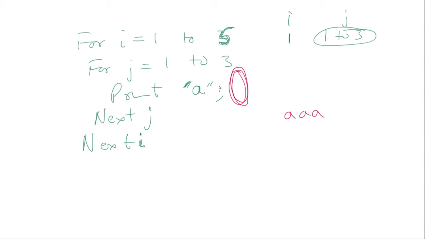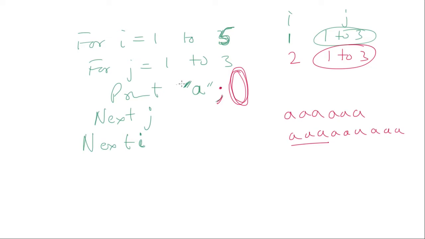In the last go also there is a semicolon, right? It is not like the semicolon is not there. Then it comes back and i becomes 2. j again goes from 1 to 3 when i becomes 2, and it restarts its printing from here. The computer works so fast that we are not seeing that it printed A, then stopped a bit, and then printed 3 more A's and stopped a bit and then printed 3 more A's. But it is printing 3 A's, 3 A's, 3 A's.